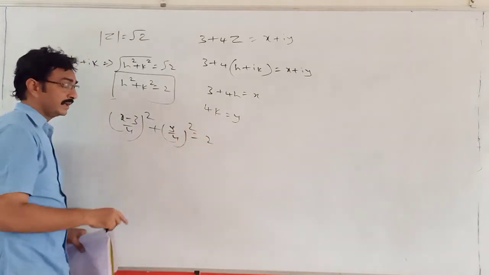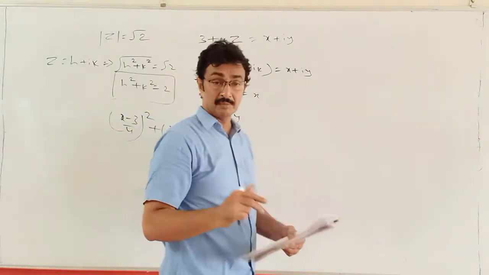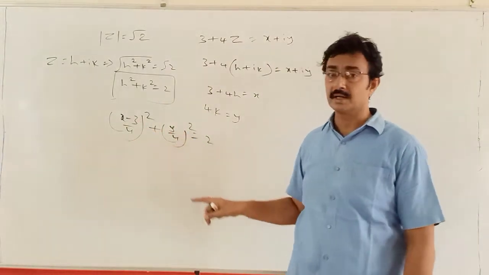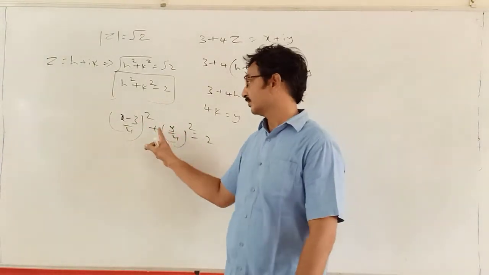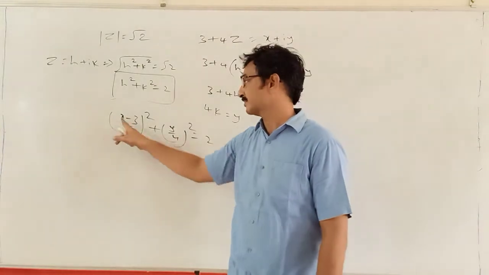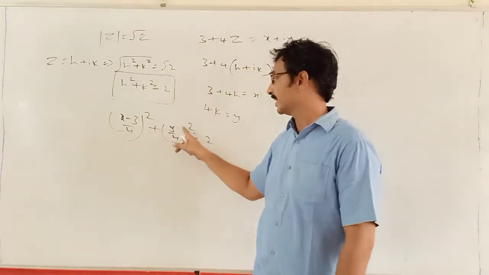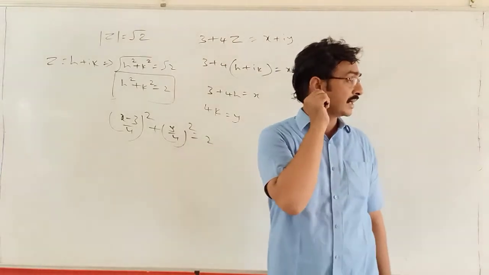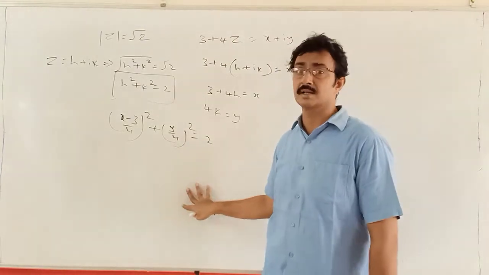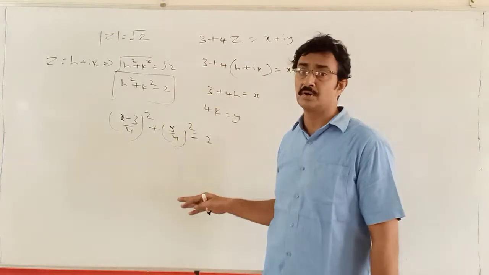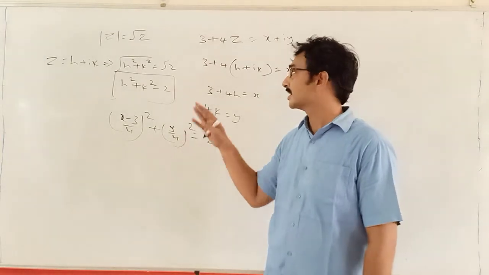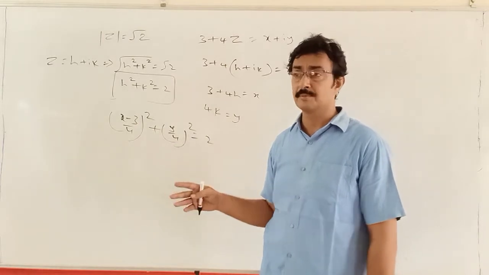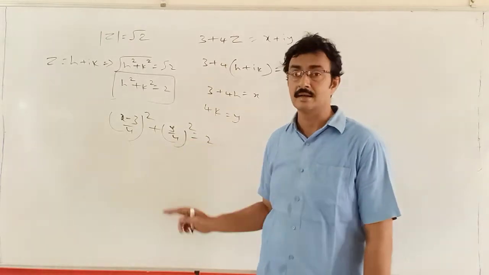So by simplifying we get the locus. The name of that locus is circle with the center (3, 0), because we can convert this into the form (x minus h) whole square plus (y minus k) whole square equal to r square. So in some cases the equation of the locus, or in some cases the name of the locus, is asked, with options like circle, parabola, straight line, ellipse. So answer: circle.